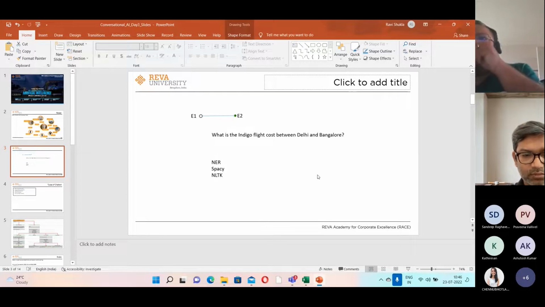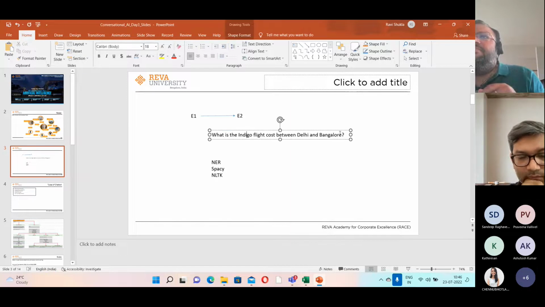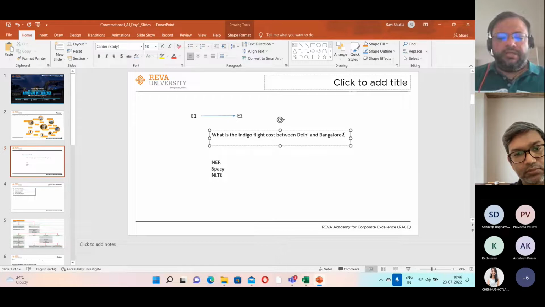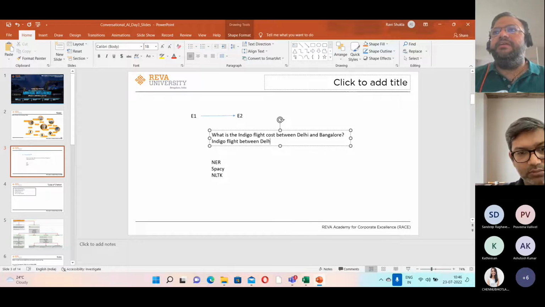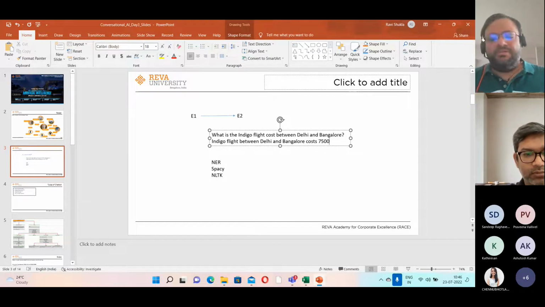For example, a sentence like: Indigo flight between Delhi and Bangalore costs 7,500. Just a very simple example.